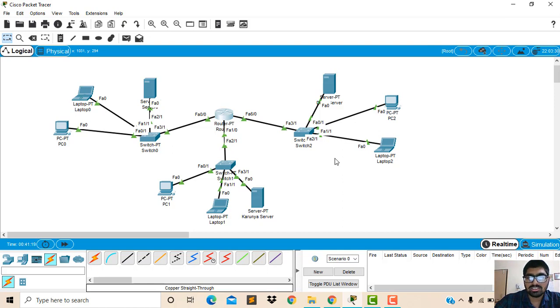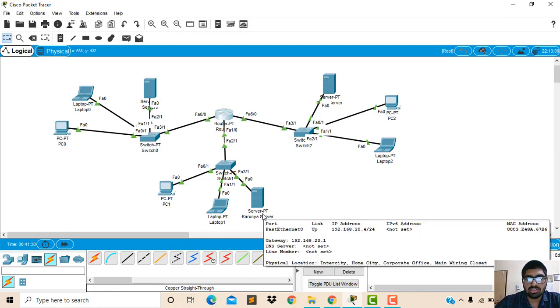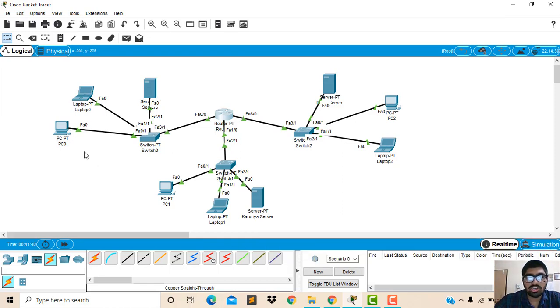It is used to access the website which the user has entered. Now to access the second local area network, this is the Karunya server. Now if the user has entered on the first local area network, for example in the first PC, some website like www.youtube.com or www.karunya.edu, that server should communicate with the second local area network, but we have not assigned it to communicate with the second local area network.